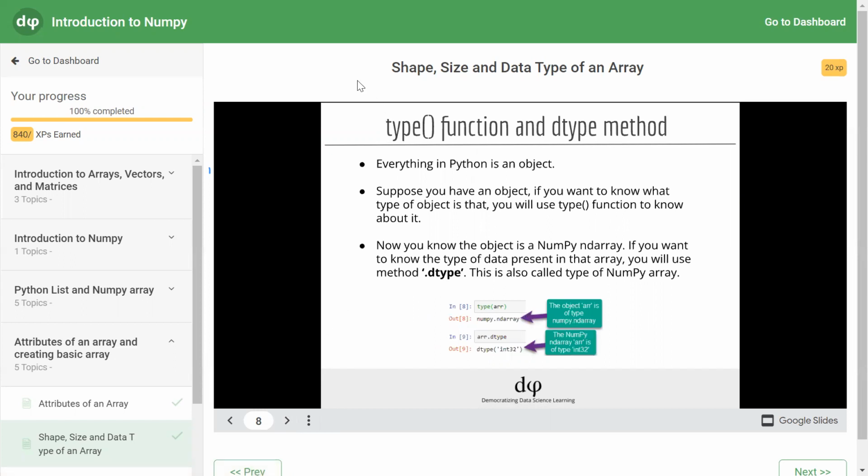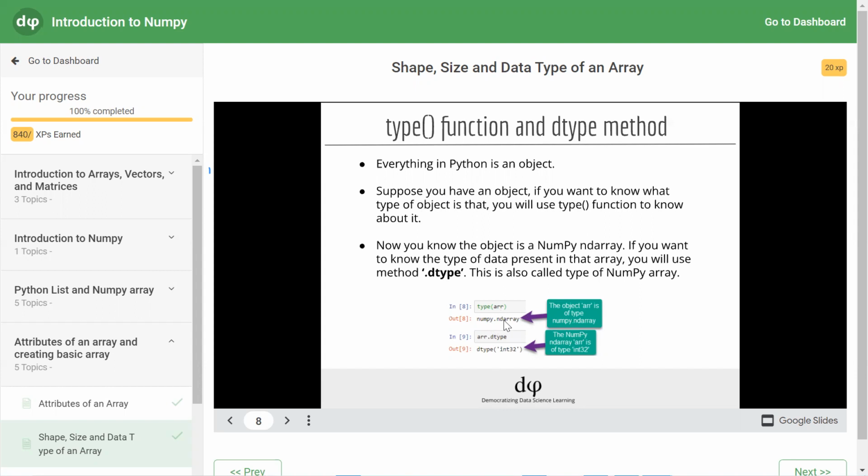Now we have the type function. The type function gives the type of an object. Everything in Python is an object. If you want to know the type of the object, you use the type function. So if you check the type of arr, it will show that it is a NumPy ndarray.